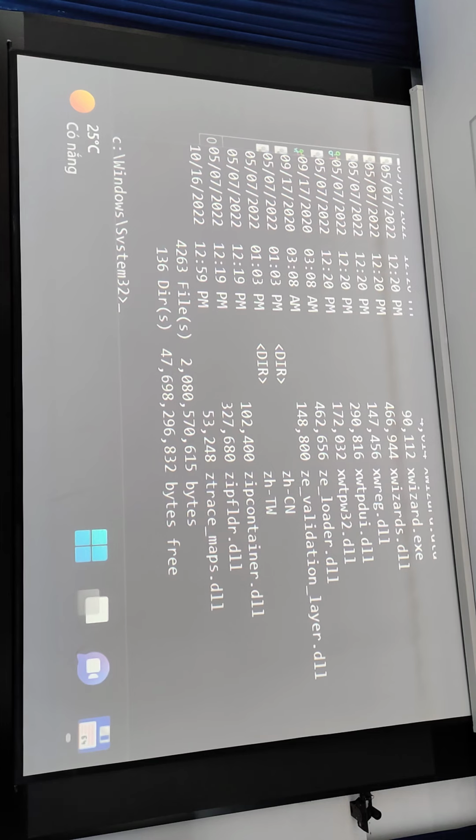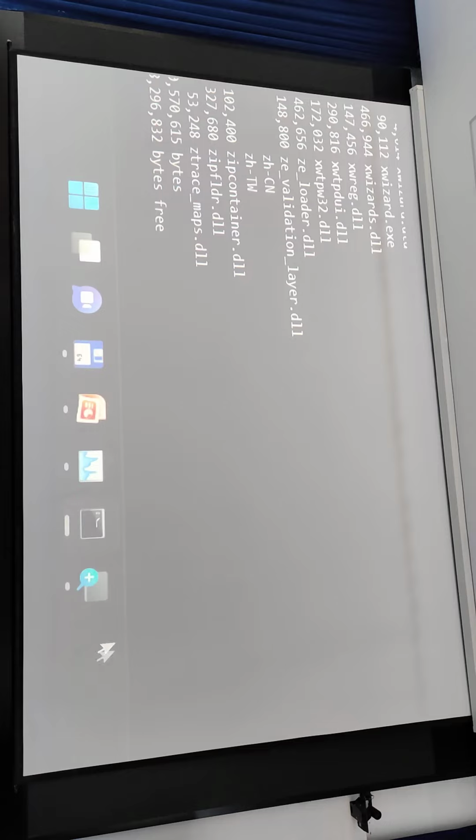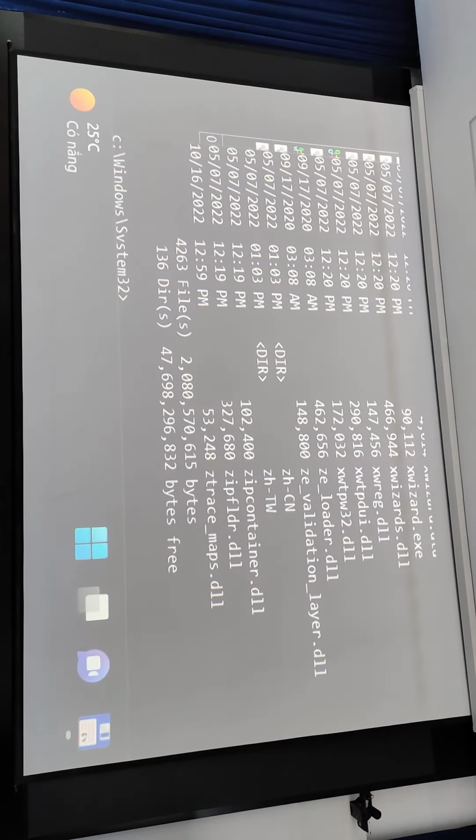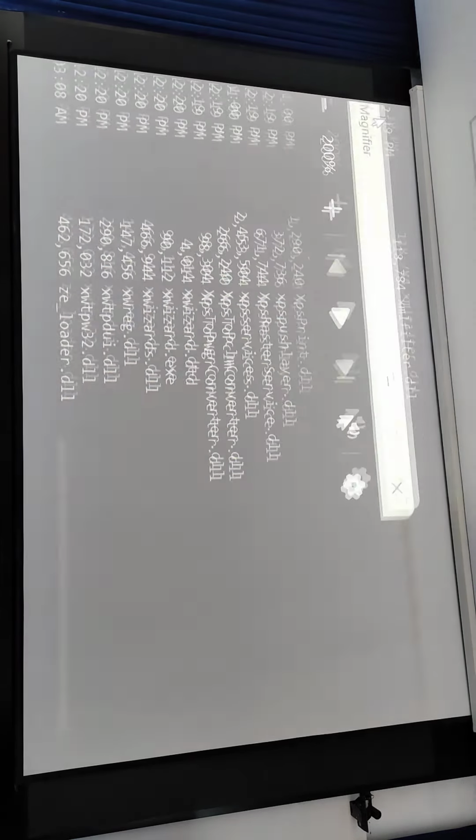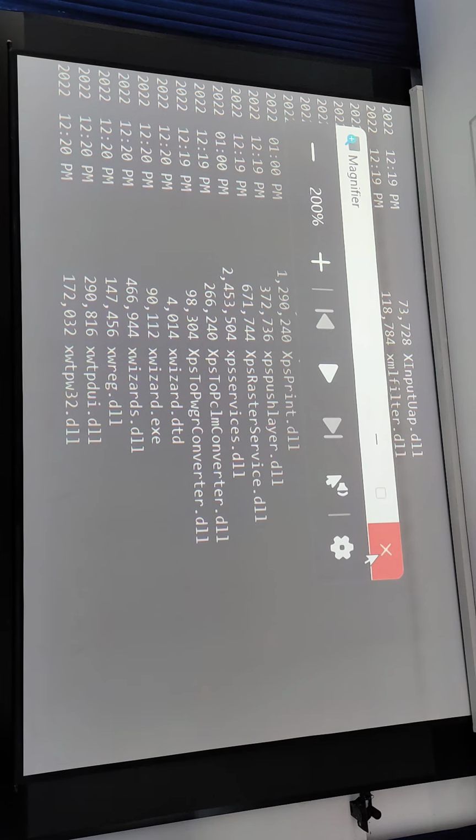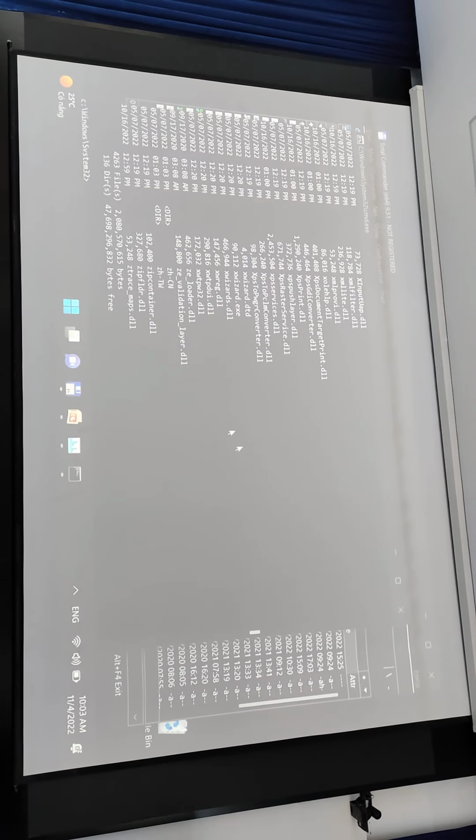And who knows another way, of course. I would like to turn off the magnifier. I don't like it because it helps me to view just one part of the Windows.